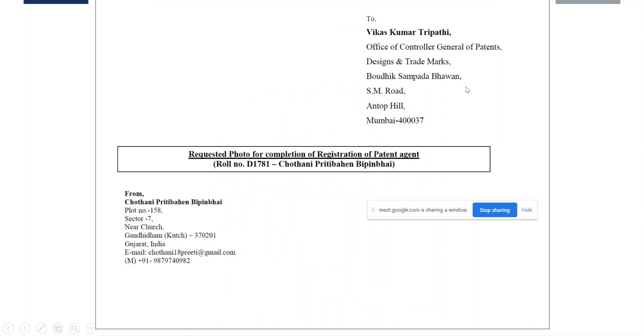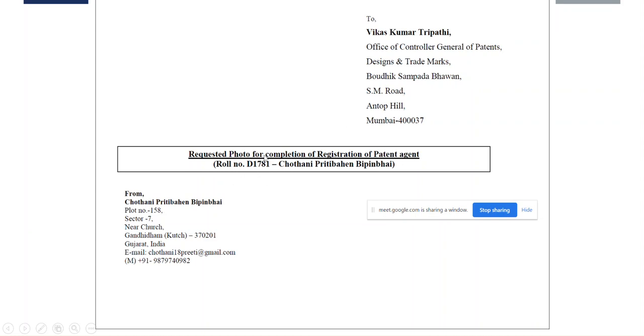Then this is the address cover. We have to send all the documents after filing online. We have to send all the original documents to the Mumbai Patent Office, and the concerned person is Vikas Kumar Tripathi. So we have to send all the details to him by speed post only. Here you can write down your address. This is the address of Vikas Tripathi sir, and this is the subject, this is your roll number,